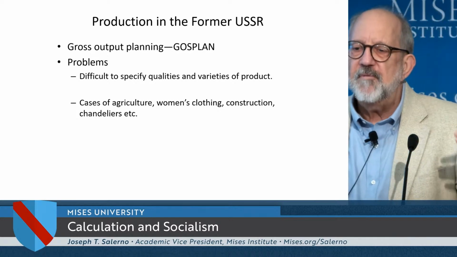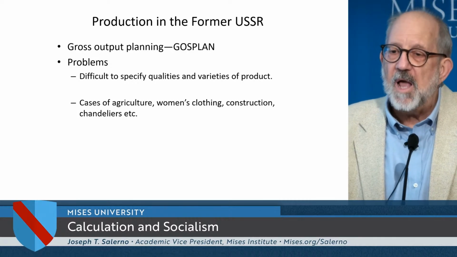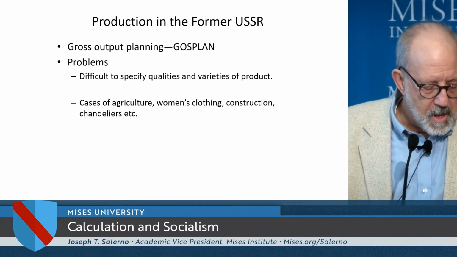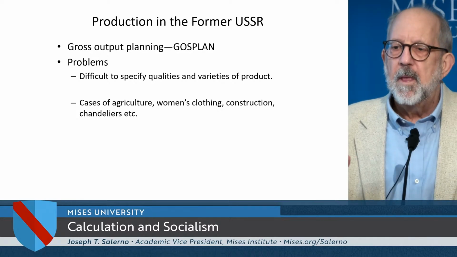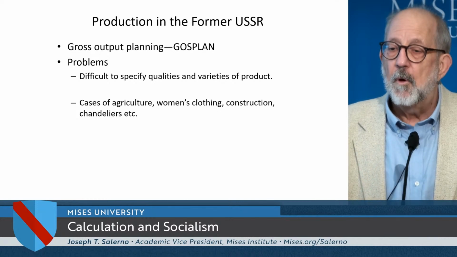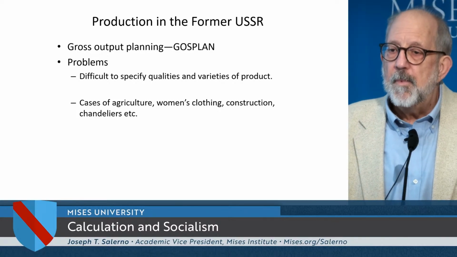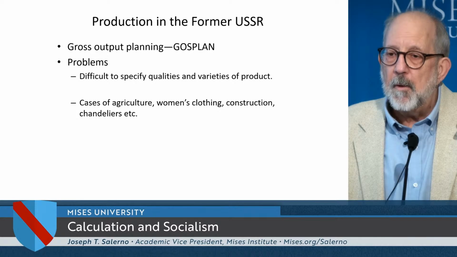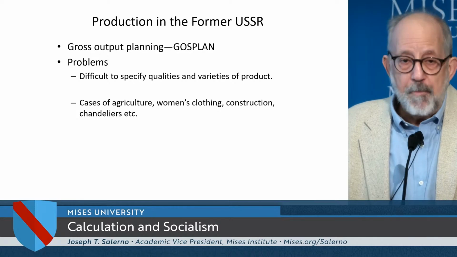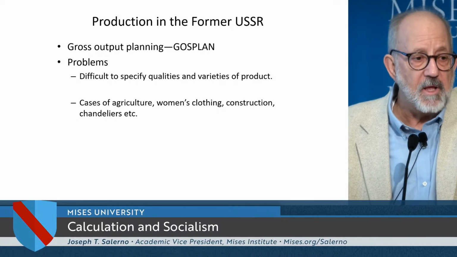But when you do that, it's very difficult to specify the quality. So they ran into problems with the quality of the nails, the sizes of the women's clothing they were asking them to produce, and so on. For example, in the nail industry, and this is a true example, they were told to produce so many tons of nails. So all of the firms in that industry produced very heavy and large nails. What we found was a gross shortage of roofing nails. So there were many structures that were completely built in the Soviet Union that didn't have roofs, and the reason was that there weren't enough roofing nails.